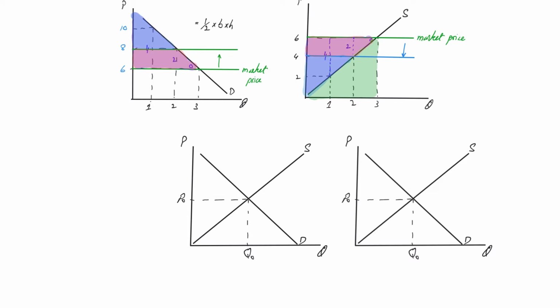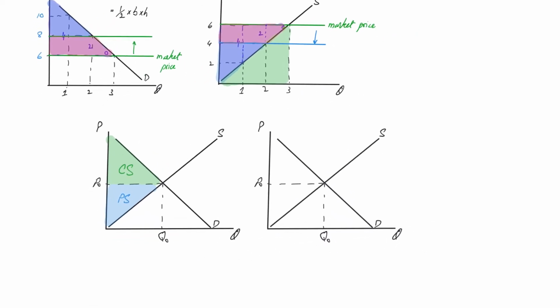is basically at equilibrium. This is the consumer surplus. Area below the demand curve and above the market price. That's consumer surplus. And the producer surplus is the area above the supply curve and below the market price. And society's surplus is the consumer and the producer collectively. Okay? If for some reason